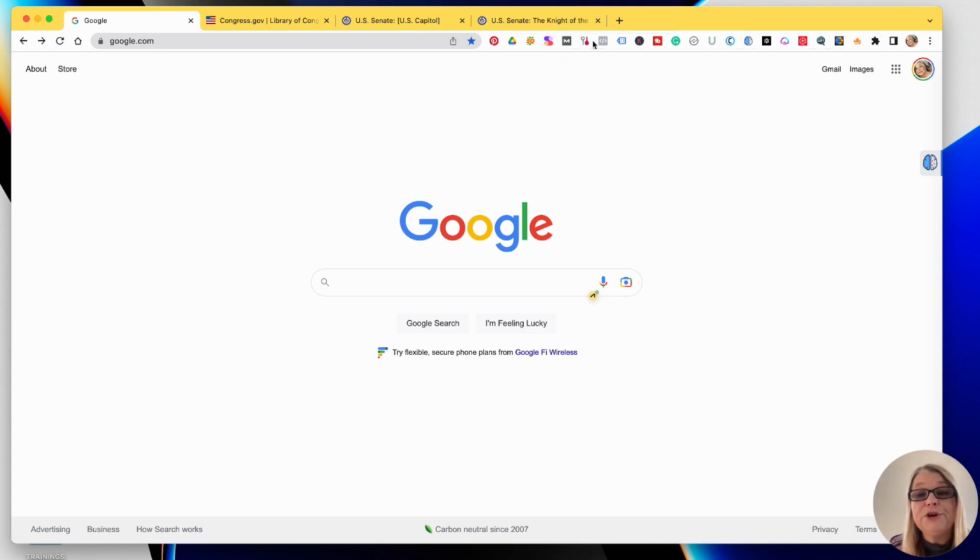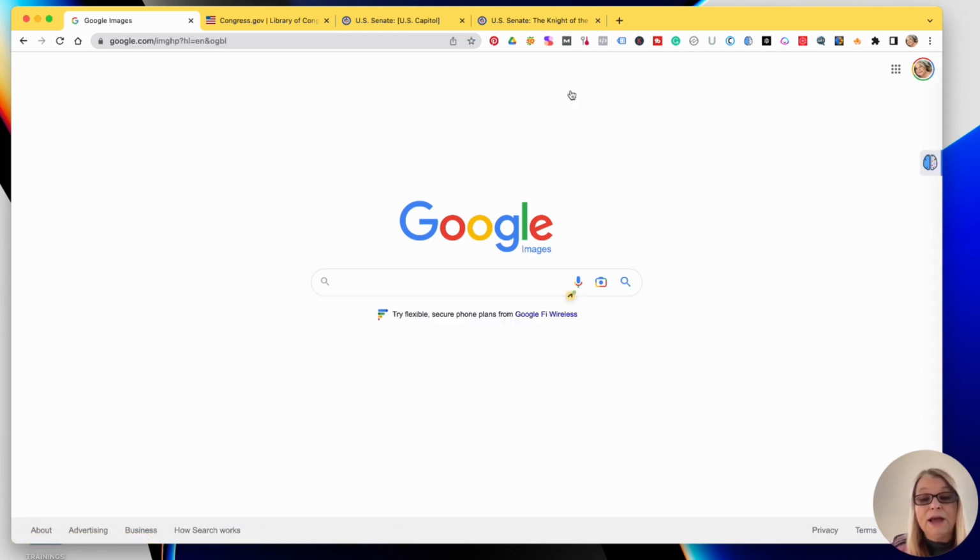So I'm going to show you how to do a Creative Commons search. What you're going to do is go to google.com. I don't know how your screen looks, but in my Chrome, I have an image search button right here. If you don't, you can just type in images right here and it'll bring you there. But I'm going to click on images. And now I'm in Google's image library. You see it says Google Images like that. So that's where I'm at right now.